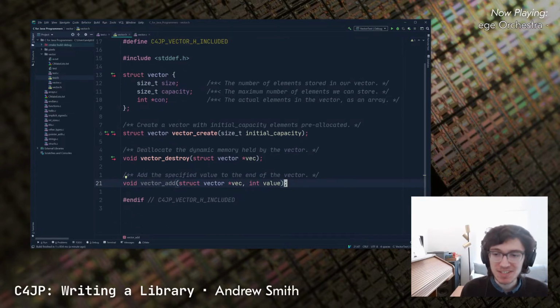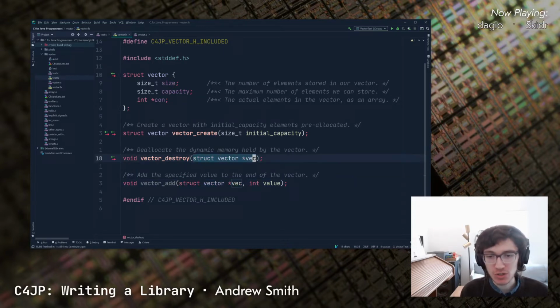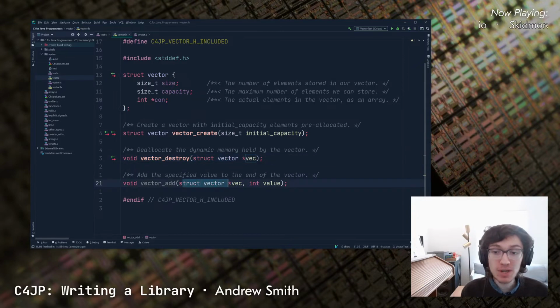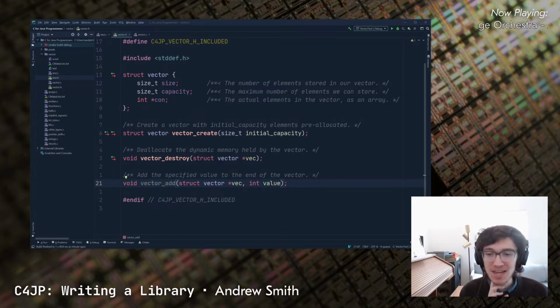So you'll notice that as Java programmers, you may see something that's kind of a common pattern that's emerging. And that is that when we're defining functions for this struct vector, we're oftentimes passing a pointer to a vector in the argument, as the first argument, rather, of these functions. And you'd be completely correct. That is a common pattern when we're writing these C libraries, is that we're kind of imitating methods in a way, that we're passing a pointer to our structure